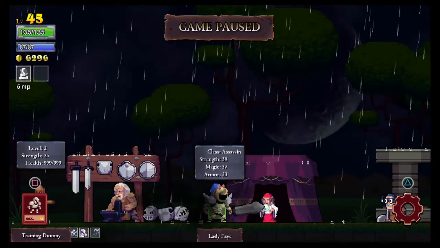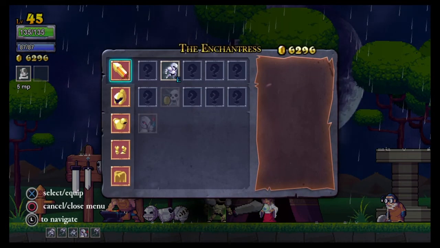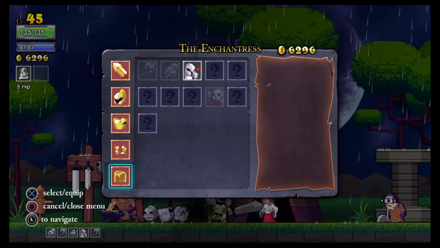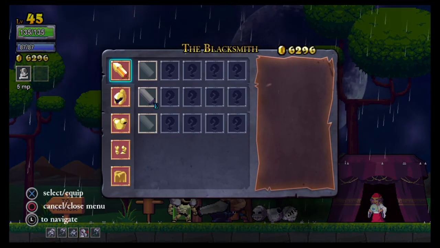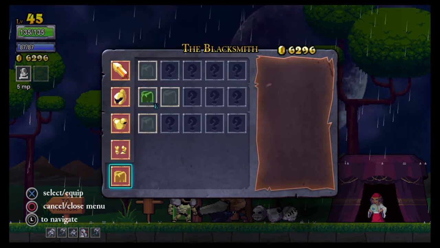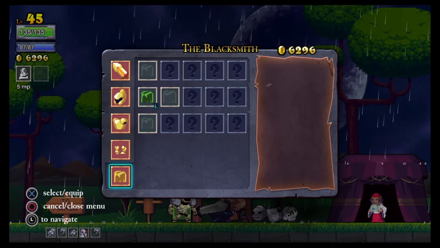Alright, so the next thing to also mention is that you want to make sure that you have something equipped in all of your rune slots. You don't have to, it doesn't matter what you have, you just have to at least have one thing equipped in each of these. Same goes for your blacksmith. You want to make sure that you at least have one piece of gear equipped in one of these, and that'll be 2 more trophies down, and then we can now finally move on to the third boss of the